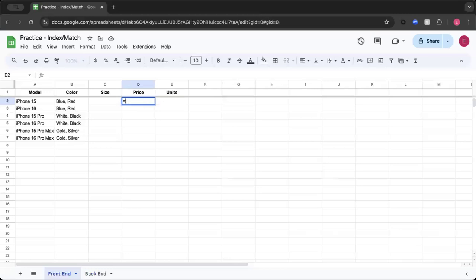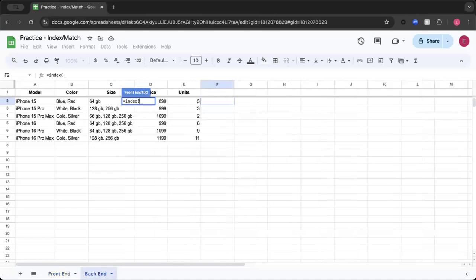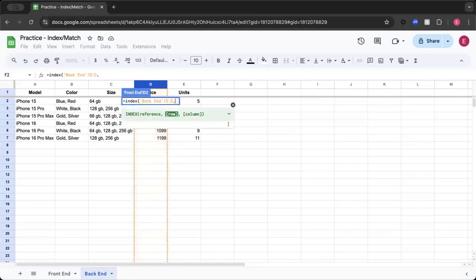So we'll click our equal sign, we'll type in index, and then open parentheses. And then the first part is what we are wanting to bring over. So let's go over to our backend tab, and you'll see that our little text box for our formula will follow us over. We're wanting to bring over the price. So the price is listed in column D. So we'll just go ahead and click on the D to highlight the entire column. Next, we'll do a comma, and this is where we will start our match formula